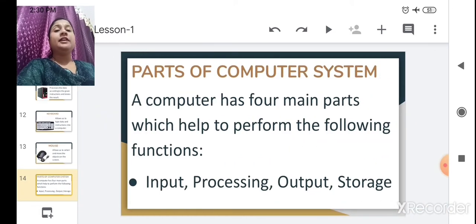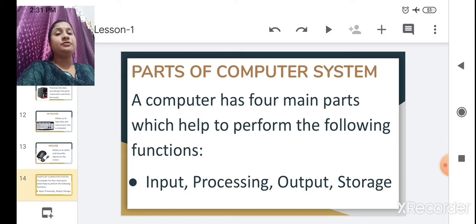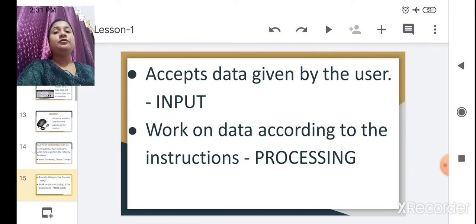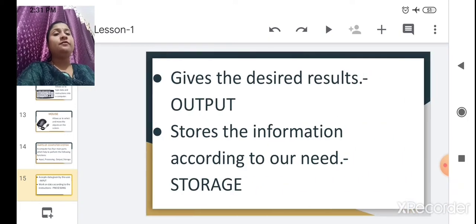Here we also saw how these main parts of a computer help us to perform input, processing, output and storage, right? Input is when the computer accepts data from the user. What is processing? The processing works on the input data, according to whatever data we give.